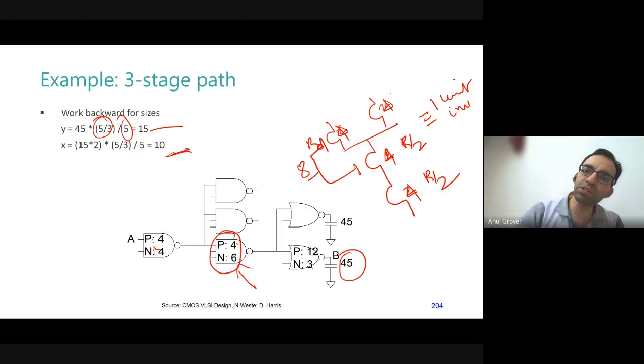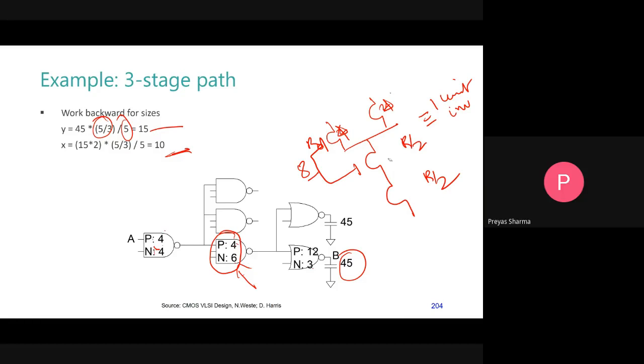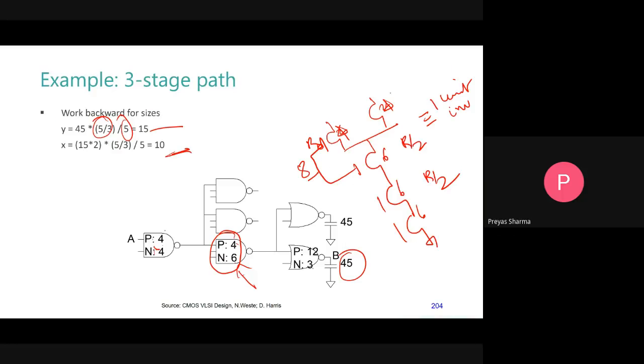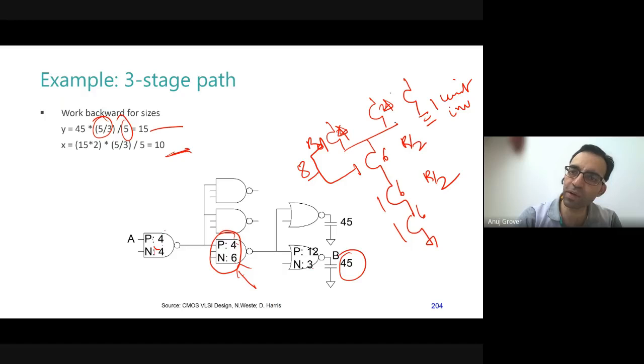Okay. Now let's come to the 3-input NAND gate. 3-input NAND gate also, what I wanted was that the drive should be stronger than a unit inverter. So 3-input NAND gate, I said NMOSs are 6 in size. Okay, we are taking input capacitance should be of like 10C. हमें 10C input capacitance बनाना है. Yes. Okay. Got it, sir. Okay. So don't get confused by that. So 3-input NAND gate would look like this.